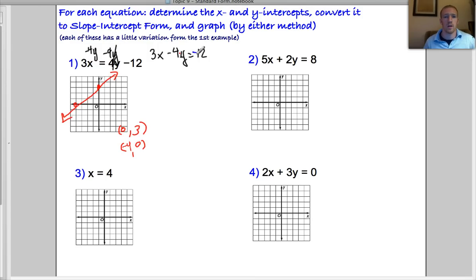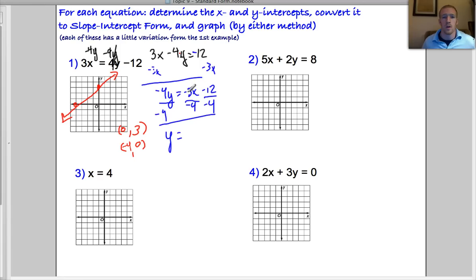Alright, and now to get it into slope-intercept form. So we subtract the 3x, and we got negative 4y equals negative 3x minus 12, divided by negative 4. And that gives us y equals negative 3 over negative 4, which is the same as a positive 3/4 x. Negative over a negative is a positive. 12 over 4 is 3. And we got exactly what we should, same thing. Y-intercept is 3, and then up 3 over 4, or continue the pattern backwards, down 3, back 4,